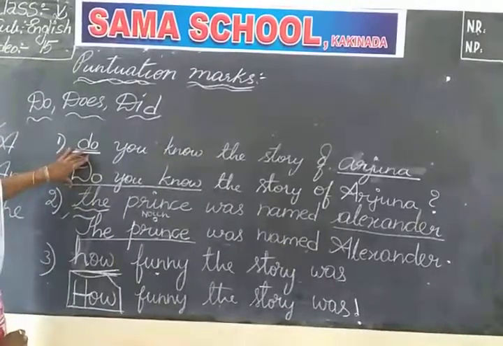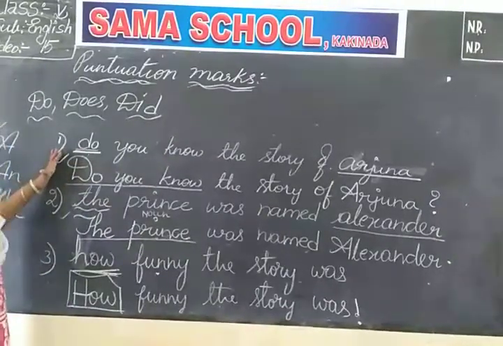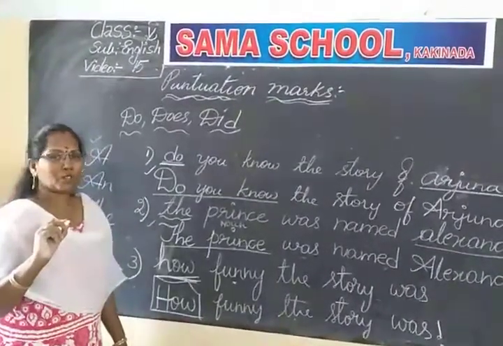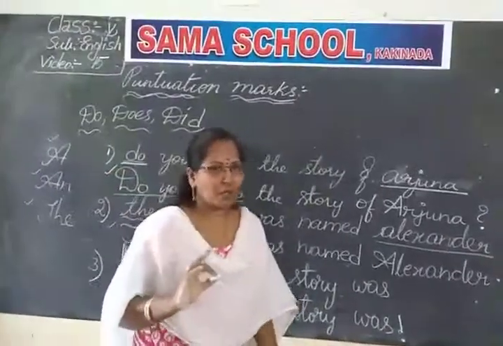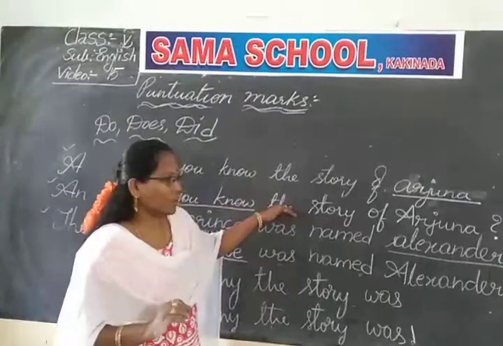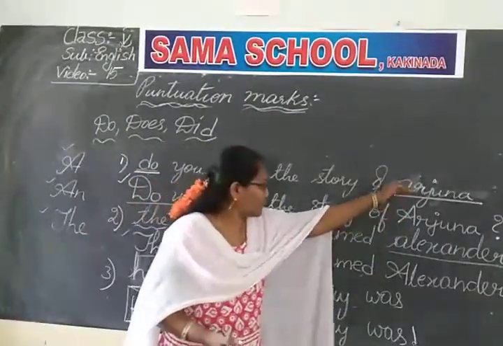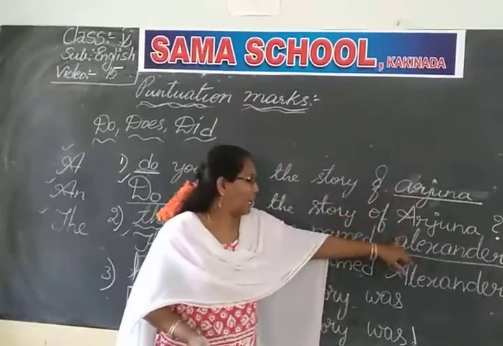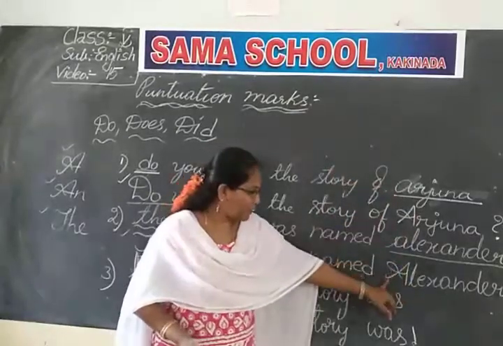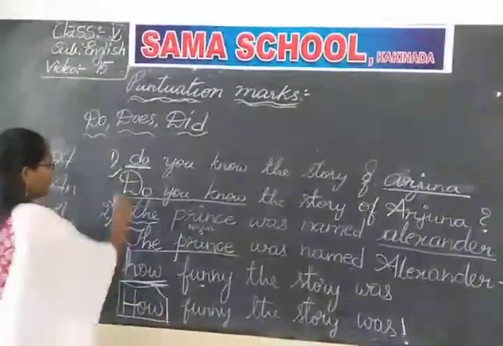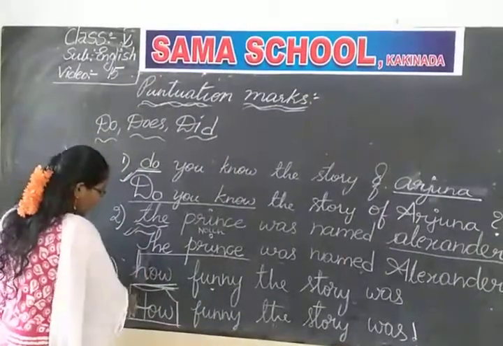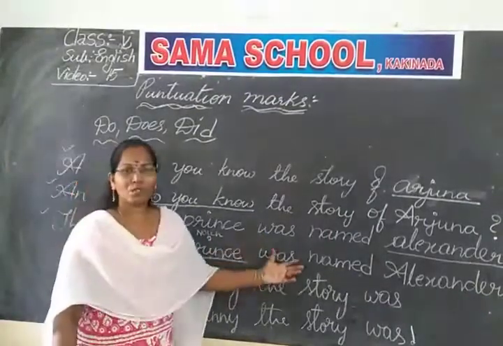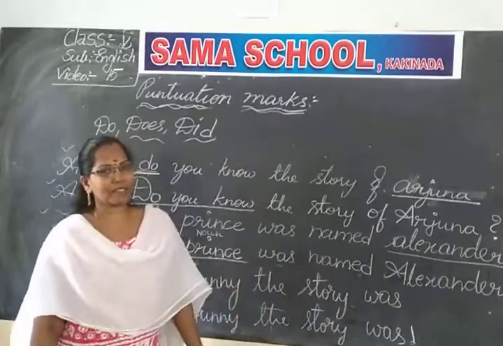So when we start any sentence, we should use a capital letter, and according to the sentence, whichever punctuation mark will come, you should put that punctuation. Okay children? So according to the sentence, if there are other necessities, like I have shown you here, Arjuna, we wrote it in a capital letter because it is a proper noun. Alexander, it's a proper noun, so we used a capital letter. So whatever sentence we have begun, we used a capital letter. That is one of the important punctuation rules you have to remember. Okay children, this is clear. So based upon this, we will give you some exercise for